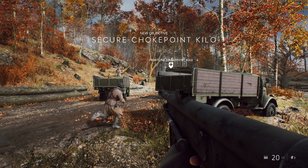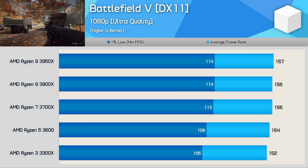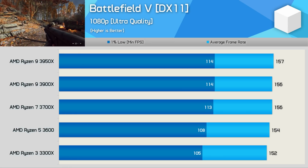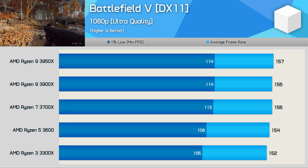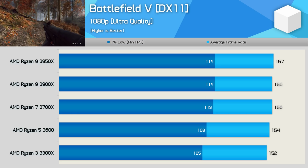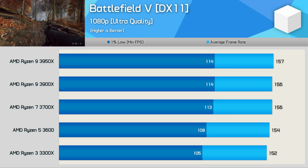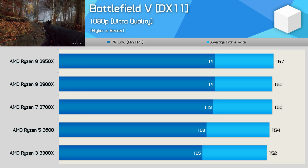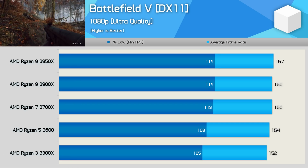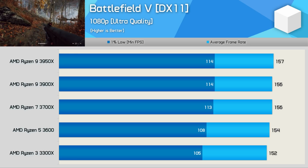Okay, so it's gaming where picking the right processor gets quite tricky. Most of you won't want to waste money over-investing in a CPU you'll never fully use. And this kind of thing is often justified in the name of future-proofing, though it does often make sense to future-proof to a degree. For example, we're seeing virtually identical performance between the 3300X and 3600,